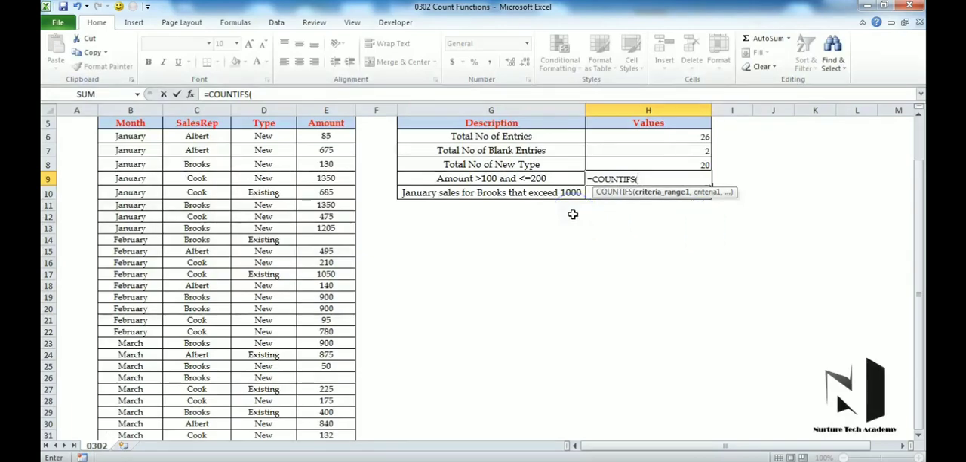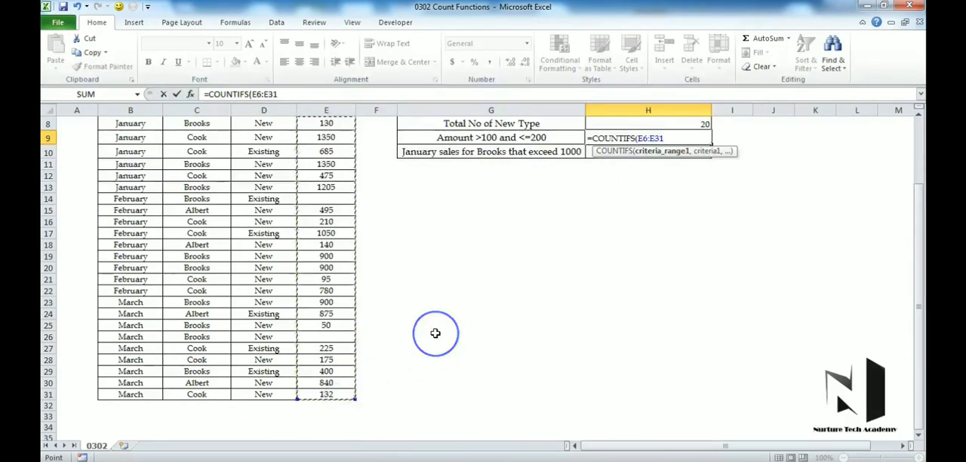So range will be the amount one for sure because we are talking about the amount. So this will be the range, comma, criteria. The first criteria is greater than 100. So it will be double quotes, greater than 100, and we'll put it in double quotes again. As we have discussed, it has one symbol which is greater than. That's why we are using double quotes. If we had only 100 as a number, double quotes would not have been required in